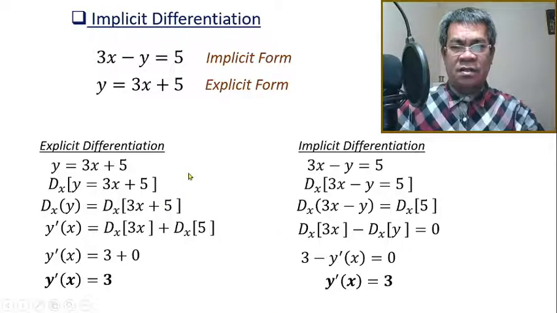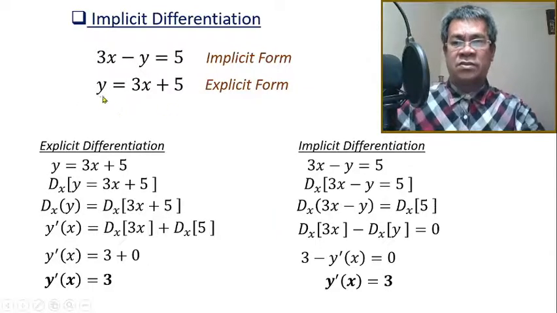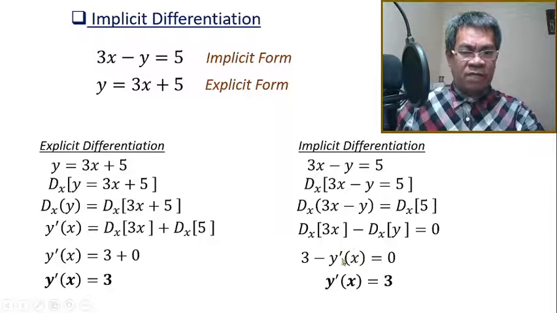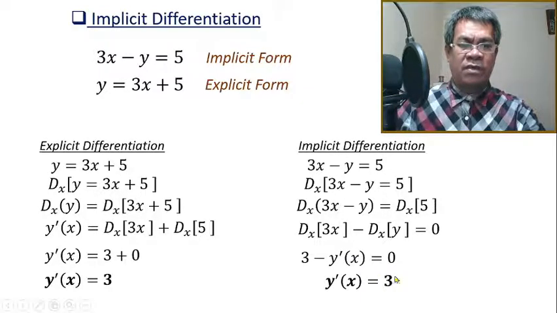But for simplicity, the explicit form is easier because we always solve for the unknown, which is dy/dx, on the left side, and it is equivalent when we evaluate the differential. That will be the answer to the derivative with respect to x. In this case, you need to transform, because you have to find the unknown. The unknown is here, so you have to transform it, and you are now providing the answer as equal to 3.